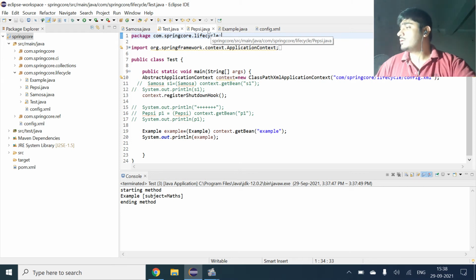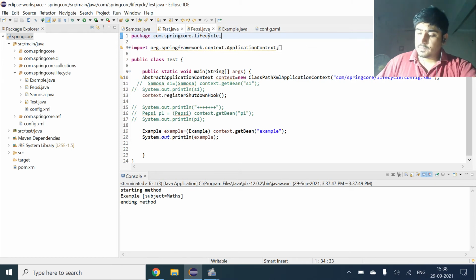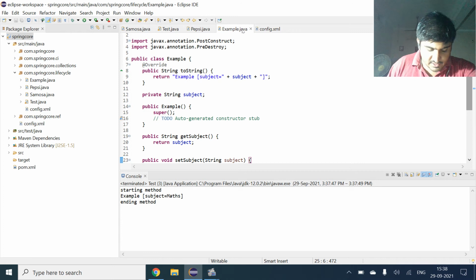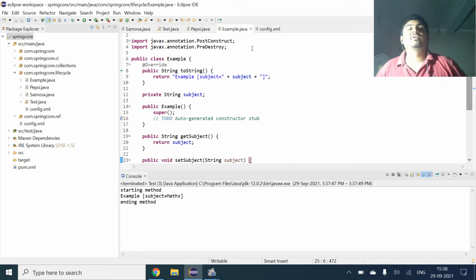Basically, when we see that this PostConstruct and PreDestroy are the Java EE methods only. So these methods are only used when we want to certify that, and basically in Java 8 it's available, but apart from 8 I guess we have to just find the dependency of this, and we have to copy the dependency.